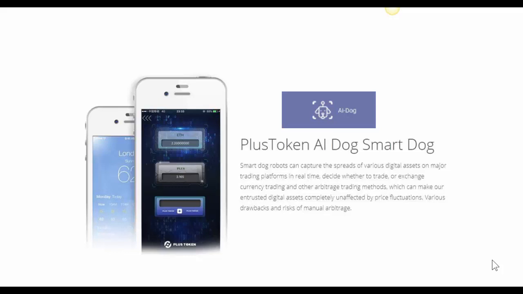So in this video, I'm going to go over the concept of arbitrage and how PlusToken is leveraging their AI dog, Smart Dog, to create and generate revenue on a daily basis that they share with its members. So just to recap, this software that was developed by the founders of PlusToken has been used by them personally